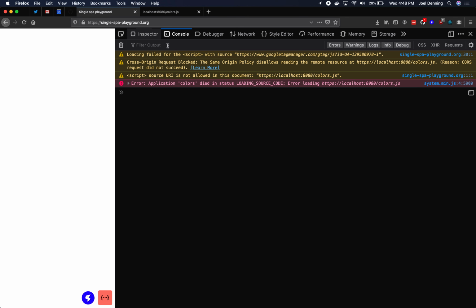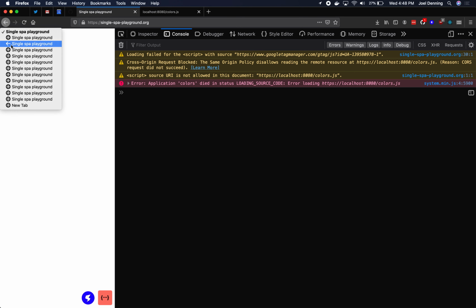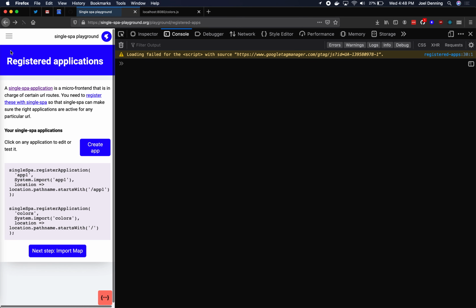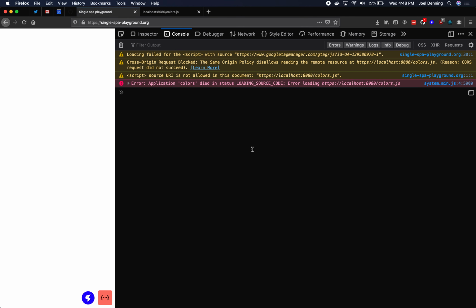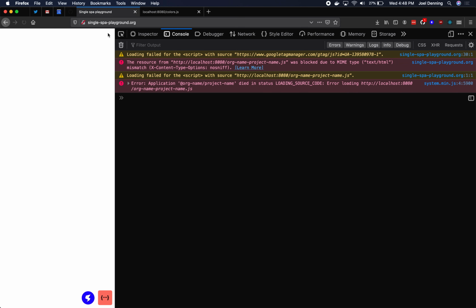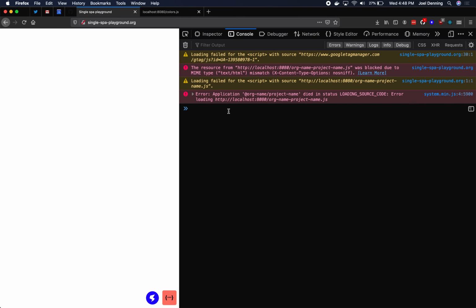Yeah, so, okay. What's happening here, I guess, were we before on HTTP and now we're on HTTPS? Is that what was happening? I'm not 100% sure. Let's go back to where we were. So if you're on HTTP, which I'm not sure if Firefox will even let me, yeah, if we're on HTTP, then